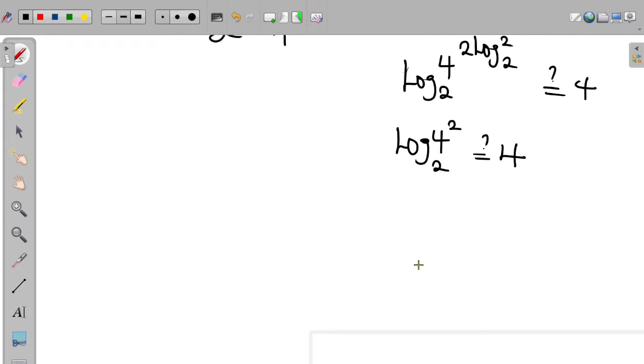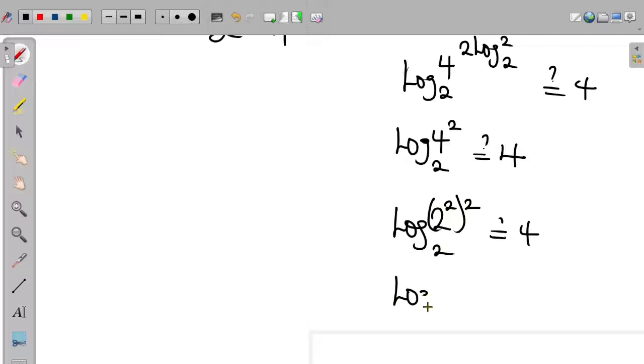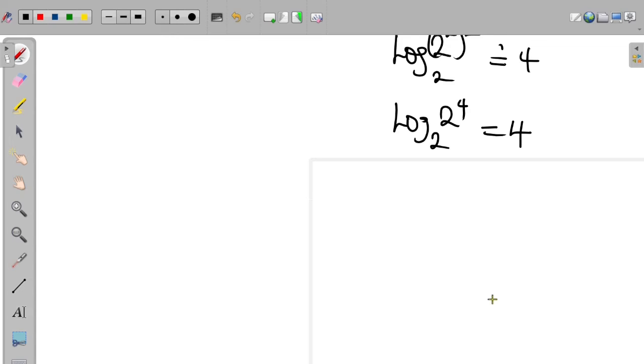Also, to simplify, this becomes log 2 raised to the power of 2 to the power of 2 in base 2 equal to 4. So 2 times 2 is 4. So we have log 2 raised to the power of 4 to base 2 is equal to 4. And also from the power law of logarithm, this is giving us 4 multiplied by log 2 to base 2